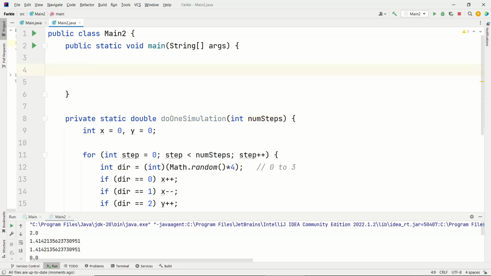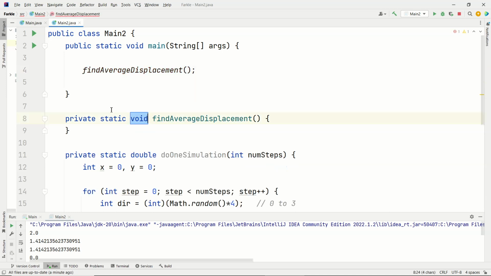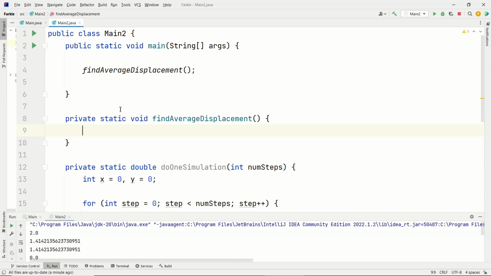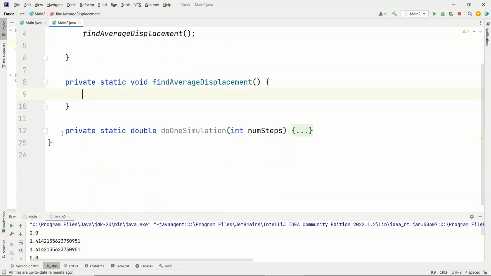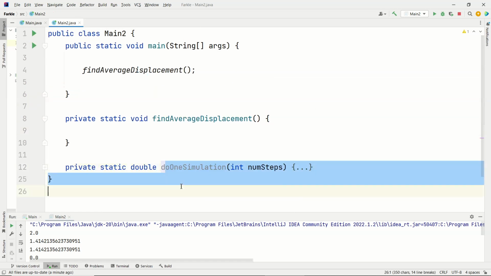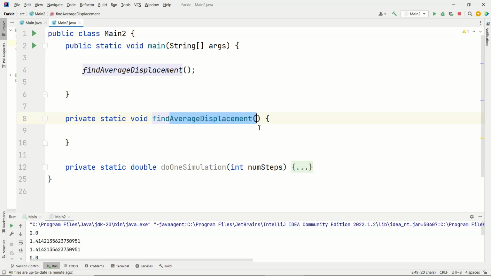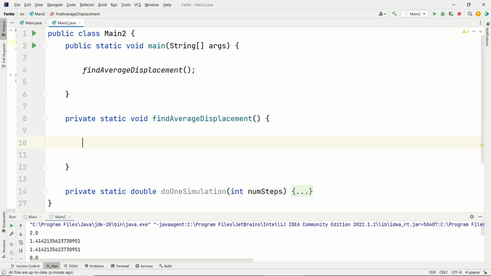So that's going to be its own method. Find average displacement. Let's create this method. You could call it find average end distance. And now I'm not thinking about what am I doing? Am I taking steps, whatever? All this does is find the average. So if I had a whole bunch of numbers and I wanted to find the average,